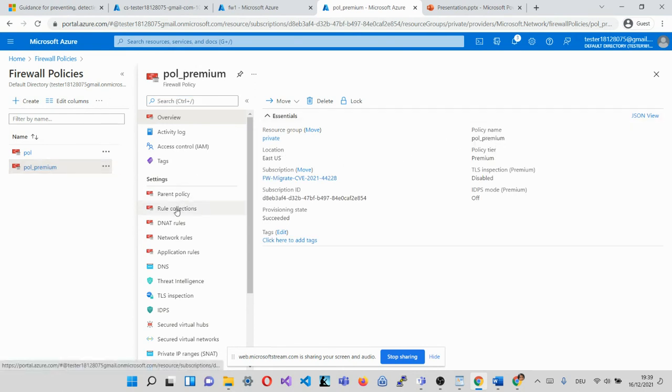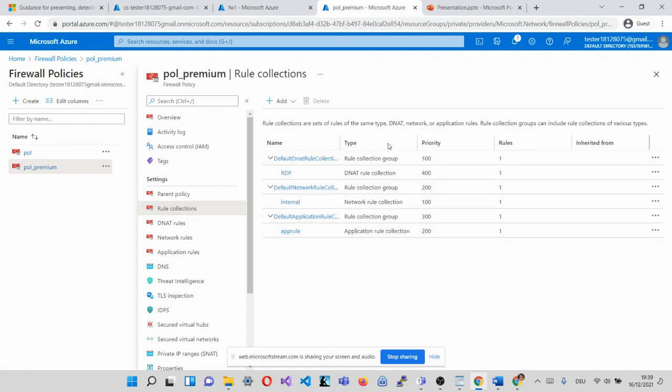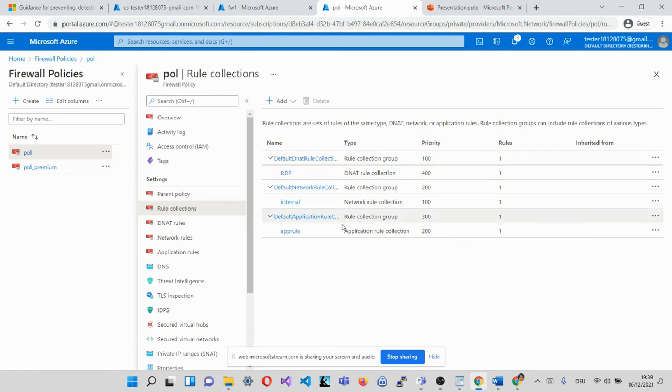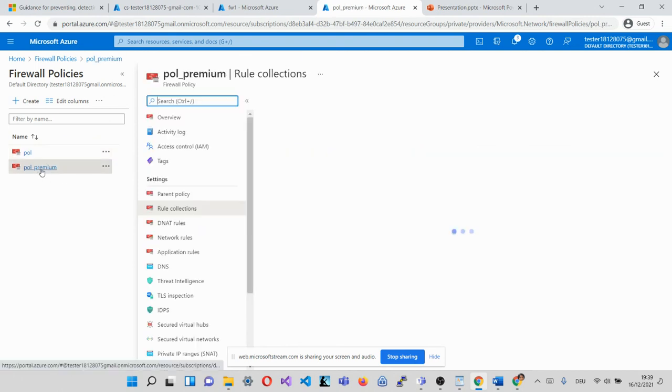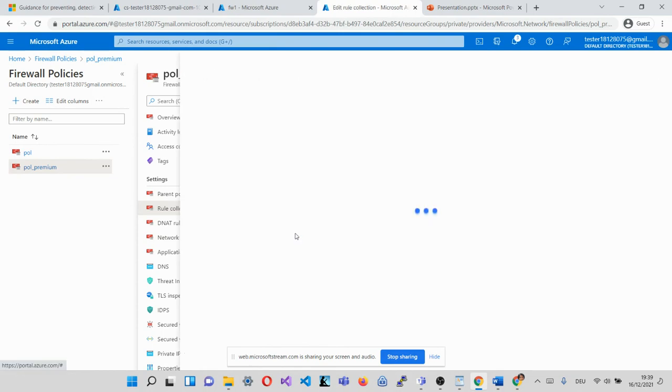And if you look at the rules now, it should have duplicated all those rule sets here. And these are the three rules I had: the RDP, internal, and the app rule. All my rules are migrated. If I open this, it should be pointing